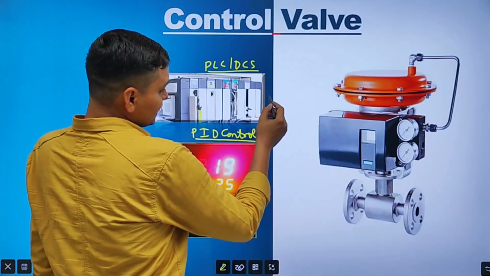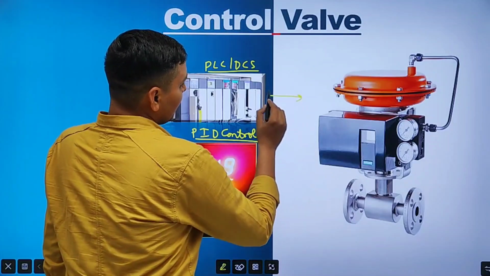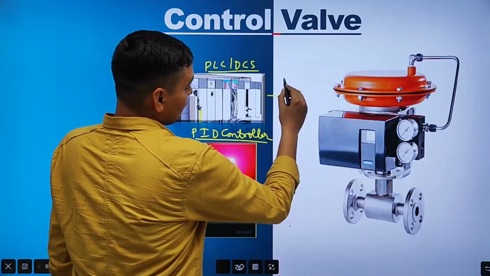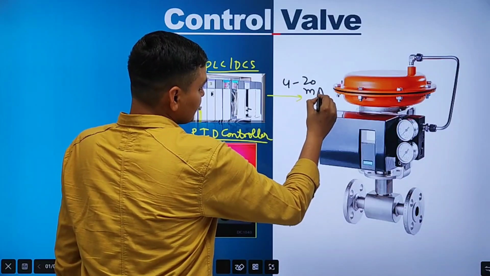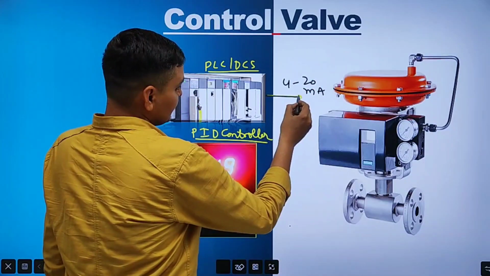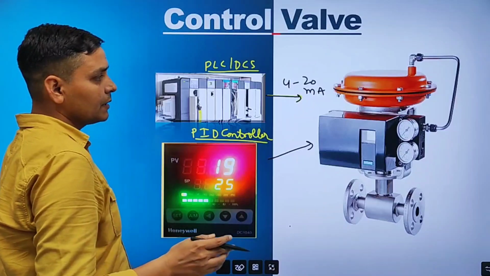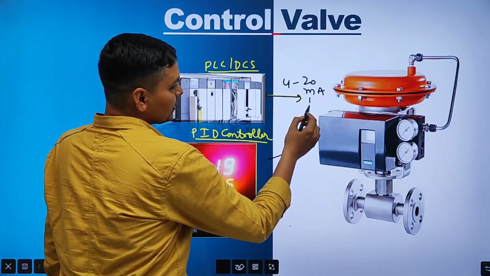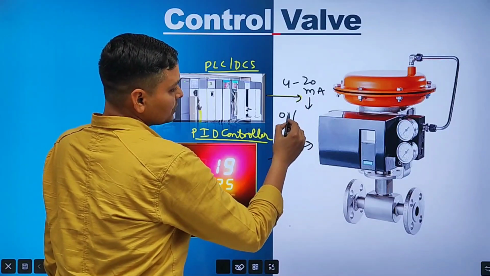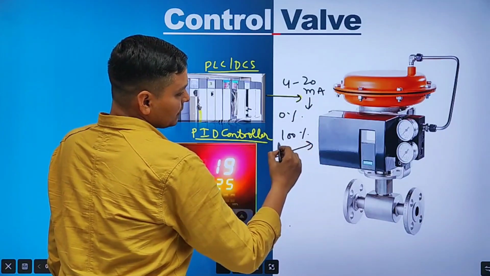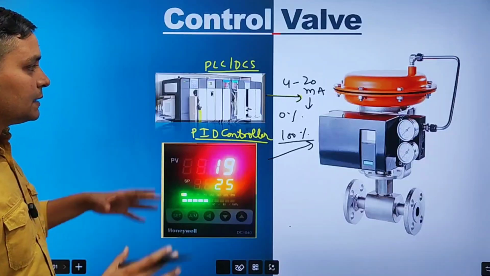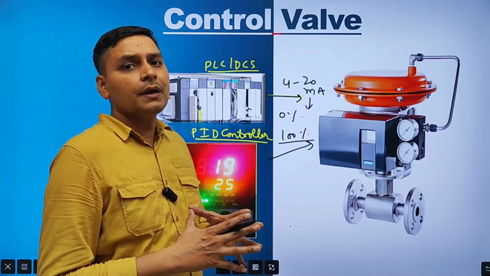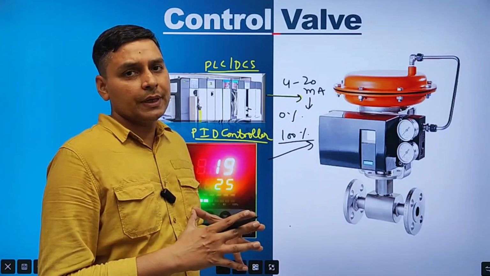By this PLC, DCS, or PID controller, a 4 to 20 milliampere signal is sent, whichever controller we are using. And according to this 4 to 20 milliampere signal, this valve operates from 0% to 100%. Okay, this is the basic of control valve. And control valve controls the parameter according to the set point automatically.